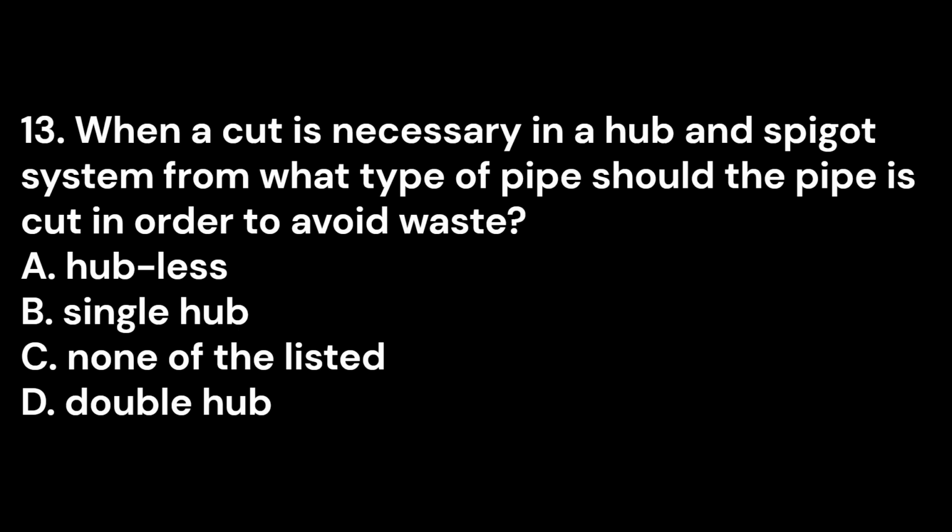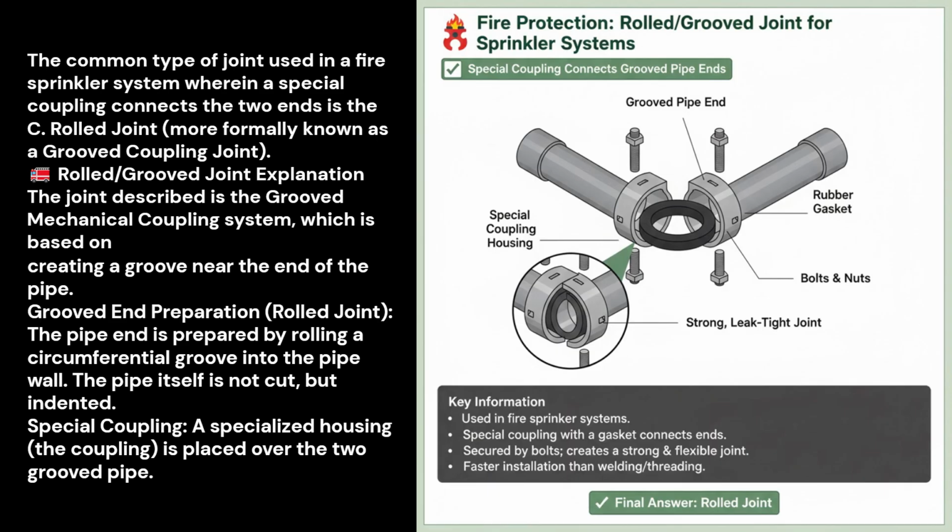Number 13. In the fire sprinkler system, what is the common type of joint used wherein a special coupling is used to connect the two ends? A. Flanged coupling. B. Bolted joint. C. Rolled joint. D. Welded joint. The correct answer is